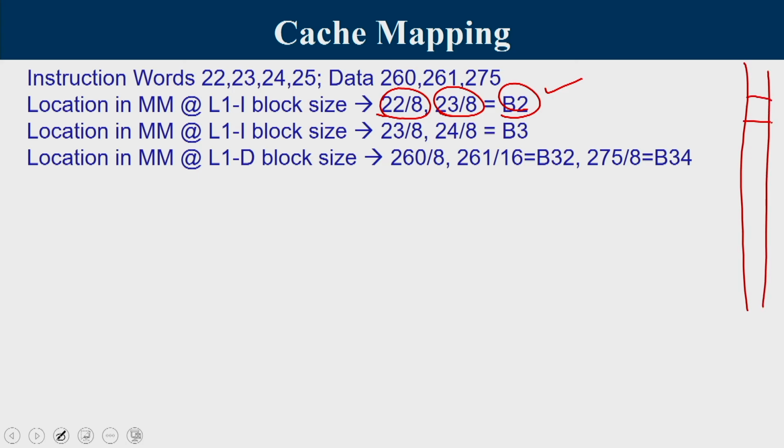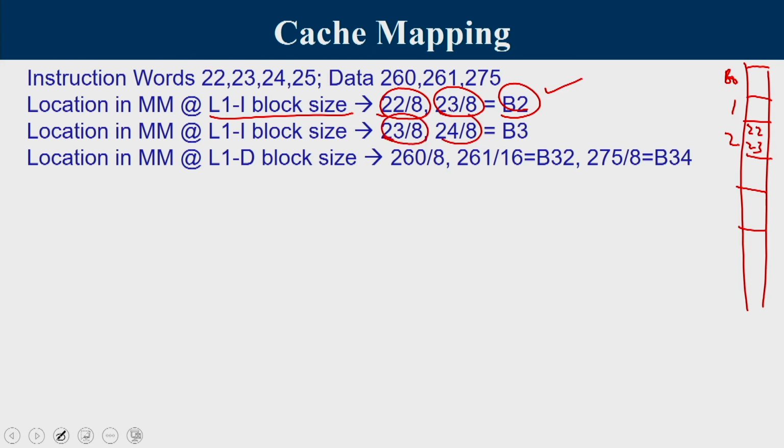So this is your main memory. Word number 22 and 23 belong to, this is block 0, then 1, 2. So 22 and 23 were part of block 2 of main memory. It's logically block 2 of main memory if you divide main memory by the L1 block size. You may wonder that you are transferring data from L2 to L1, but this is an abstraction to try to understand how this mapping happens.